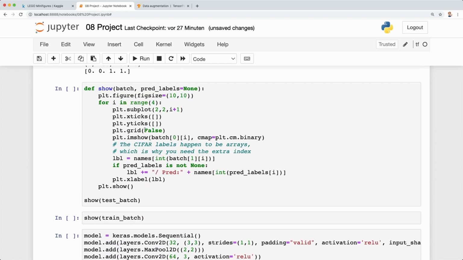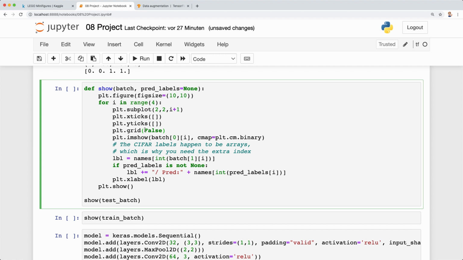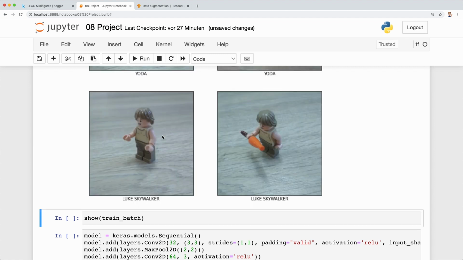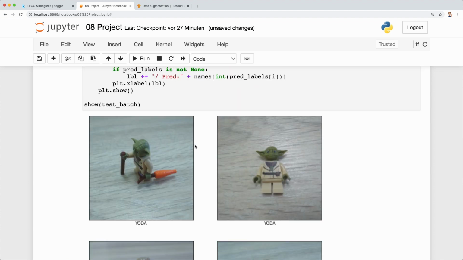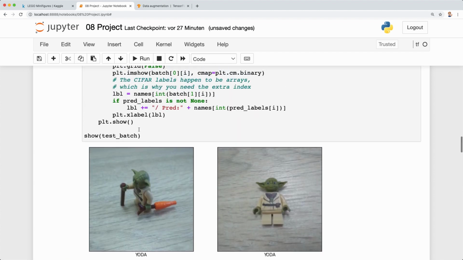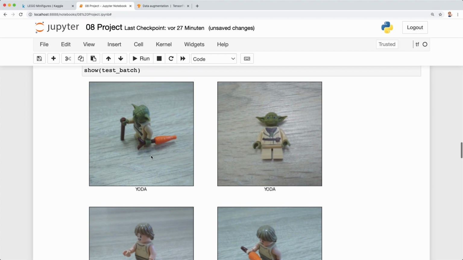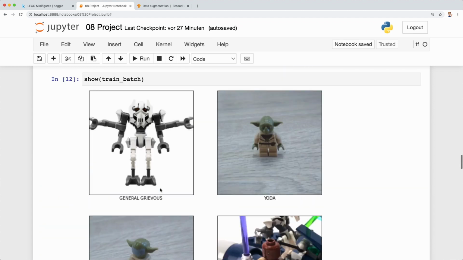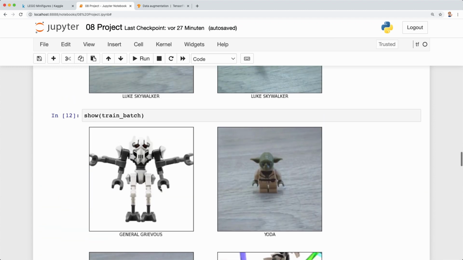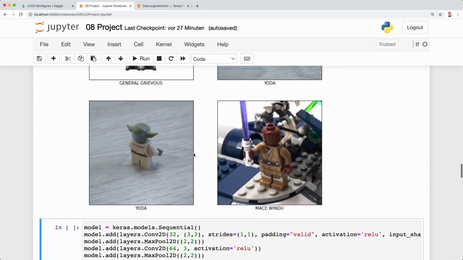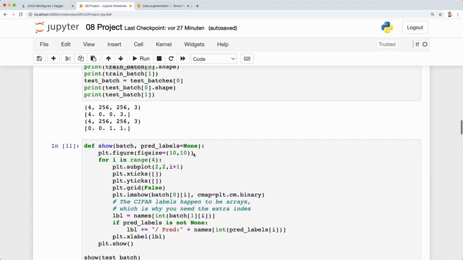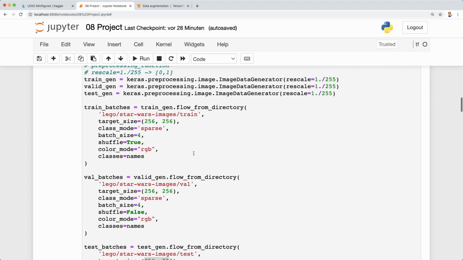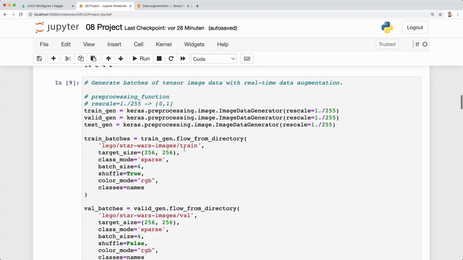So let's, for example, plot some images with matplotlib. So here, for example, it prints the first 4 images of the test batch. So here we have Yoda and Luke Skywalker. And here we print 4 images of the training batch. So yeah. And now one more thing that I want to show you what we can very easily do with